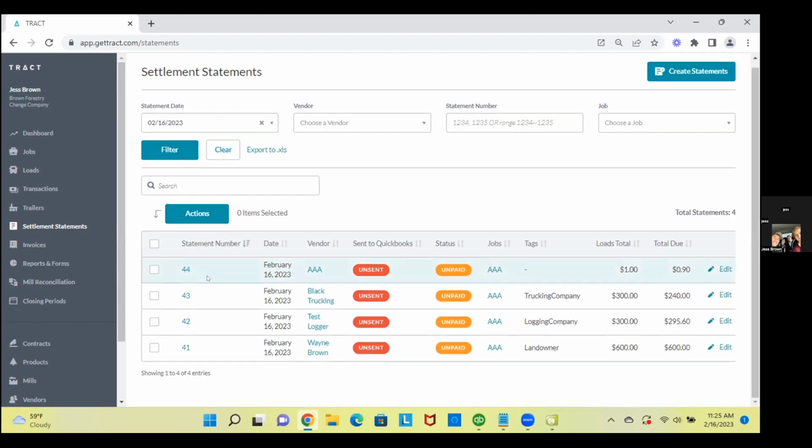Okay, so the way this works is we want to send these statements over to QuickBooks so that we have these expenses in our QuickBooks. And once you do this a few times, it should get a lot easier. But the first couple times, you're going to have to tell QuickBooks what vendors you're sending over and what accounts you want to attribute to them. So let's just pick one and do it